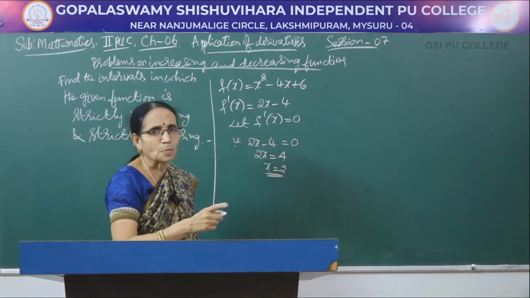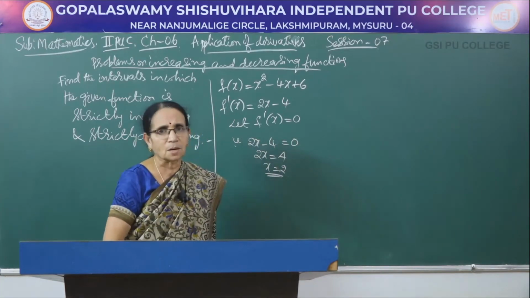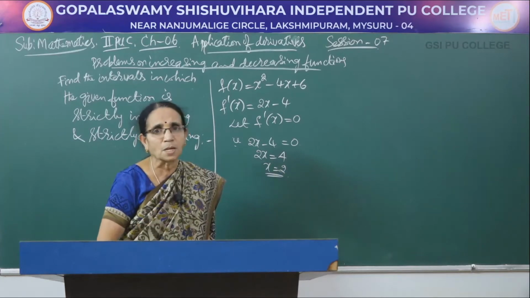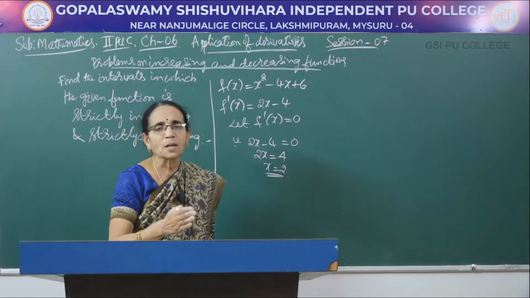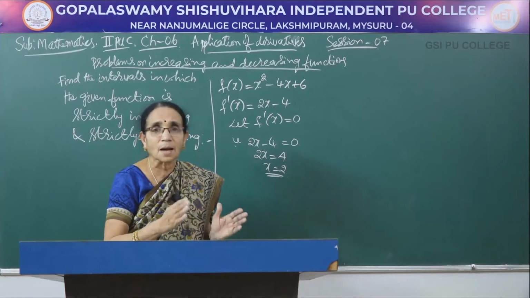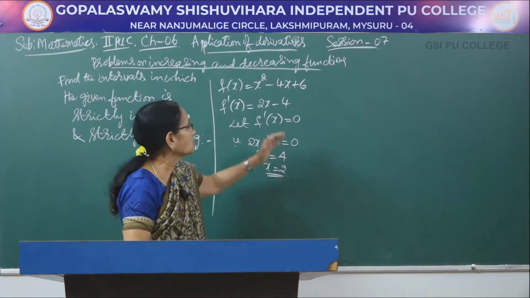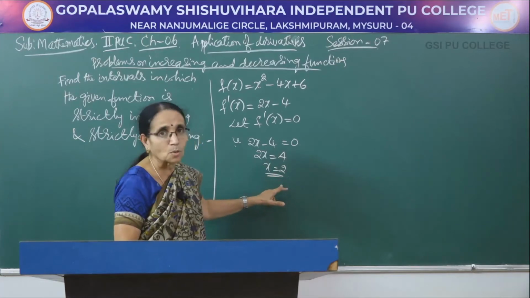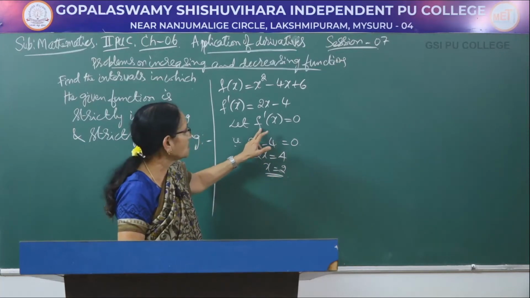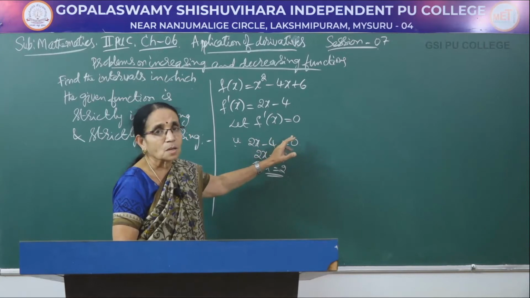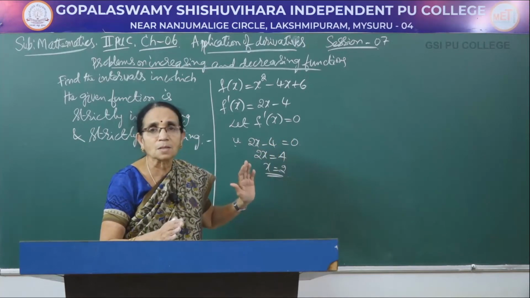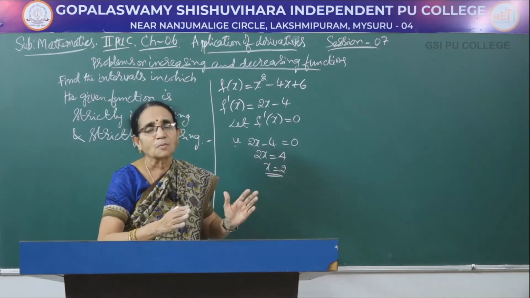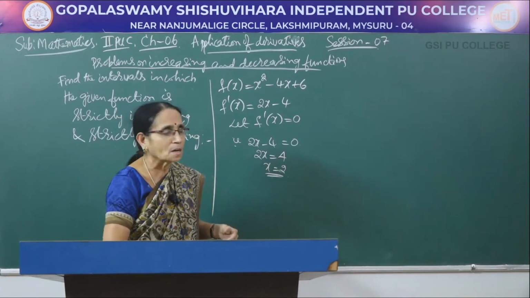We have done one such problem in the previous session. There the interval was given, -1 to +1, it was an open interval. So, we got a value of x in between and we divided that interval into two parts. Here no such interval is given, but at x equal to 2, we are getting f dash x equal to 0. So, at that point nothing happens, neither increasing nor decreasing. We are interested to know the other two cases, when it is increasing, when it is decreasing.